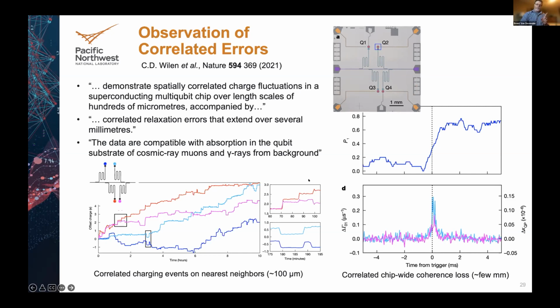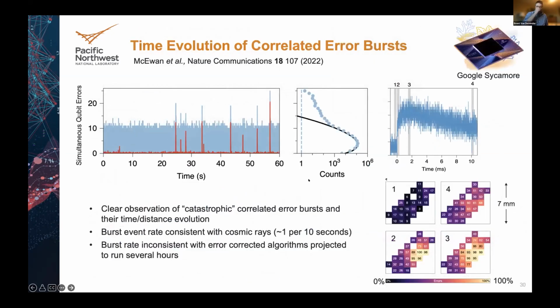One more slide. So there's this demonstration. There's a larger demonstration of this done on a much larger device. This is a Google device called Sycamore. Sycamore has 52 qubits, of which they use 26 to show correlated errors. They refer to this as catastrophic correlated errors. So the plots show a time series of simultaneous errors on the chip. You can see in the middle plot, the black is what you would see if the errors were uncorrelated. You can clearly see a long, high error tail of correlated events.